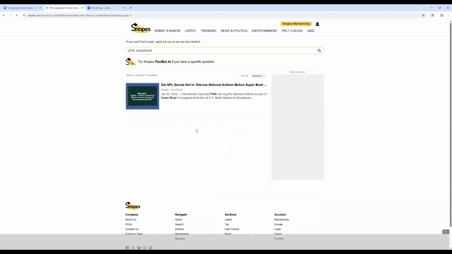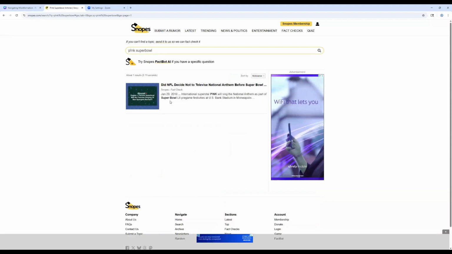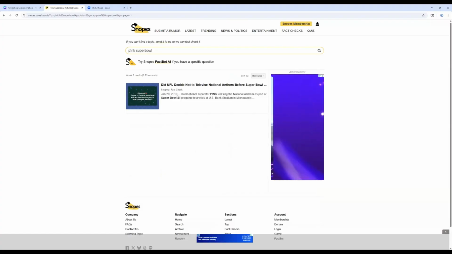Like I can search. Like I search Pink and Super Bowl. All it does is show something from 2018, so there's nothing there. You can also search Super Bowl 2026.